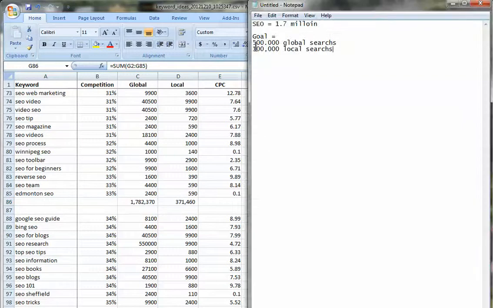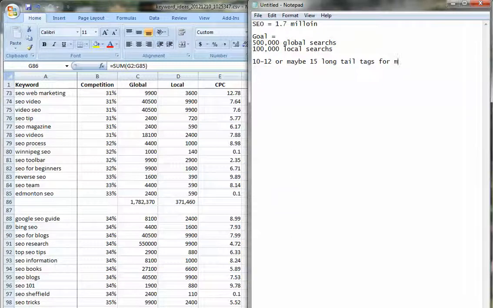I want 500,000 global searches and 100,000 local searches, and I'm going to write 10 to 12, or maybe 15 long tail tags for my blog.